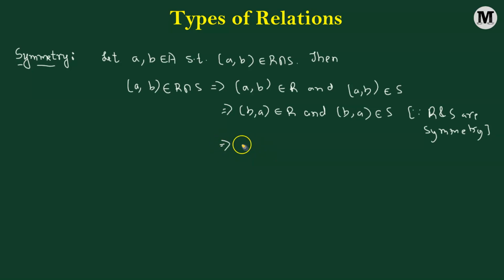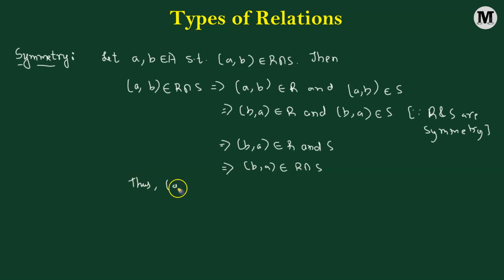Now we can combine this statement as (B, A) belonging to the relation R as well as the relation S, which implies that (B, A) belongs to R intersection S. So we started out by considering (A, B) belonging to R intersection S, and we showed that (B, A) also belongs to R intersection S. So here we can say that, thus,